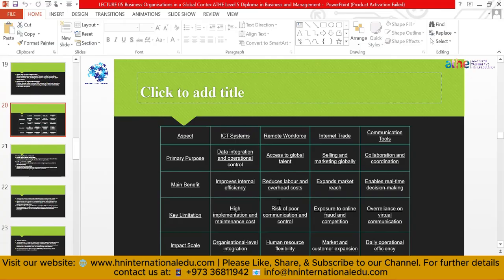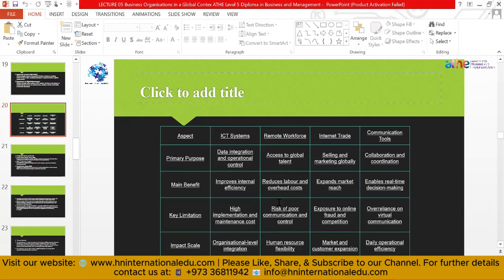So definitely we do not pay them on an hourly basis or daily basis. It's on a monthly contract. And overhead costs, the daily expenses. Expands market reach. We're able to explore new markets, new people, new cultures. It enables real-time decision making as well, and you're able to take the decisions on time. We are not waiting for a longer period of time, the way we used to in participative, democratic and even autocratic leadership styles.